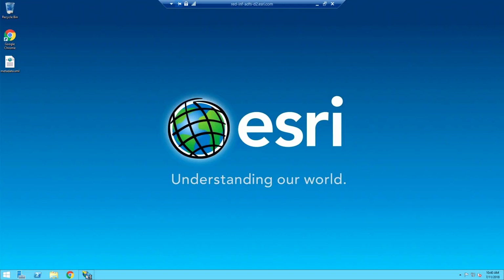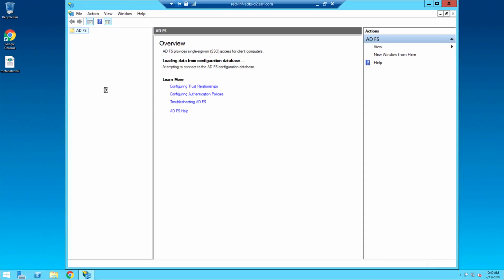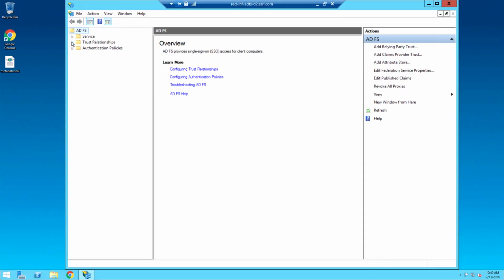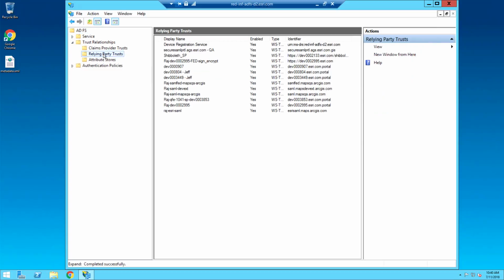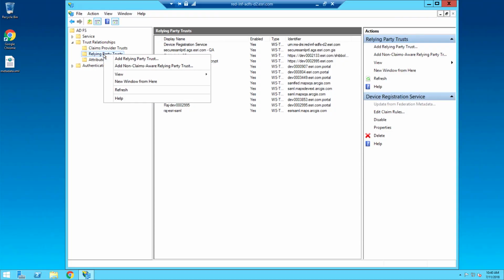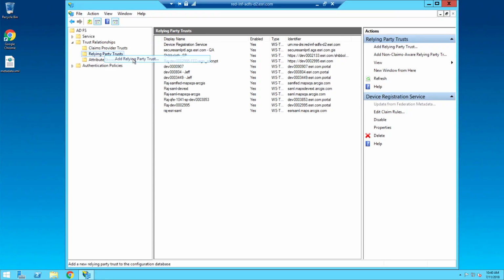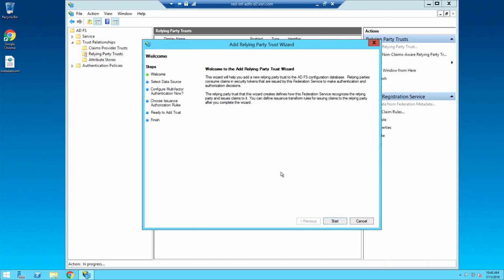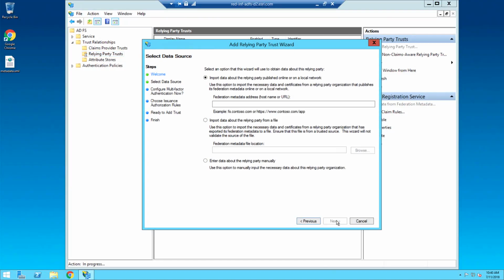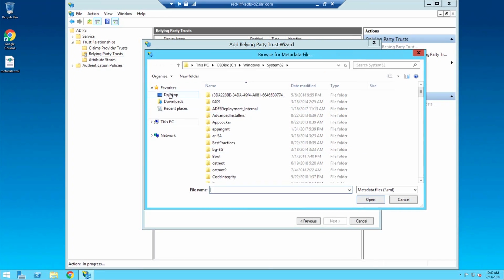Now let me open up my ADFS management, and under trust relationships, relying party trusts, I can right click on this and add a relying party trust. And it takes me through a wizard here. The data source, this is where I want to select the metadata file that I just exported from my portal. So I'm going to browse to it on my desktop